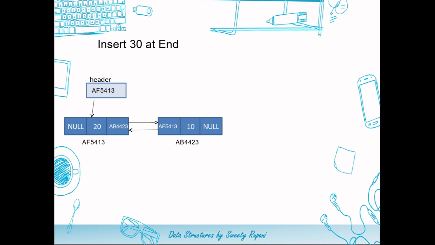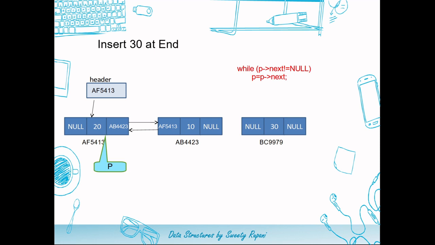Let us go for insertion at an end. We are inserting a node at an end. So here also, as usual, we will be allocating a memory for a newly created node. Once a newly created node is allocated a memory using a malloc statement, next step would be finding the last node. Now in order to find the last node, we will make use of this while loop